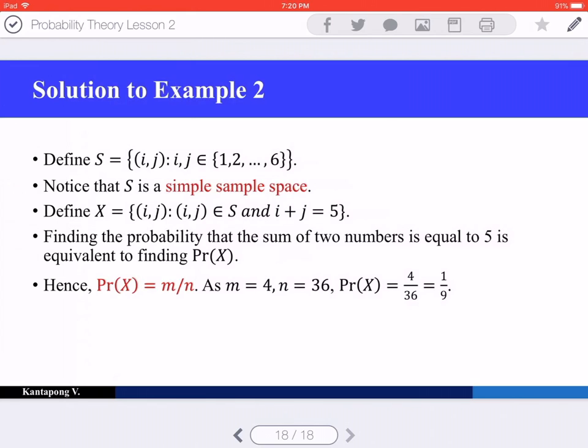So these are the special cases. We have dealt with two special cases of the probability measure, namely the finite sample space and the simple sample space. And in the next lessons, we are going to deal with the combinations, multiplication,